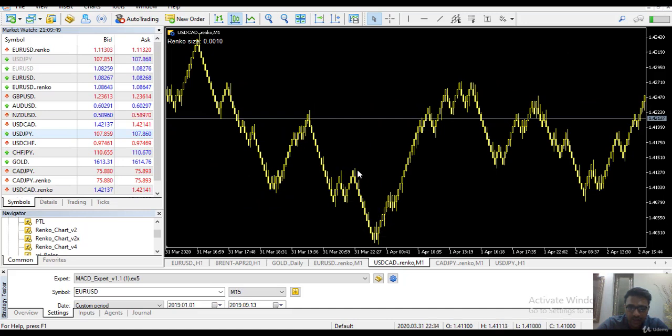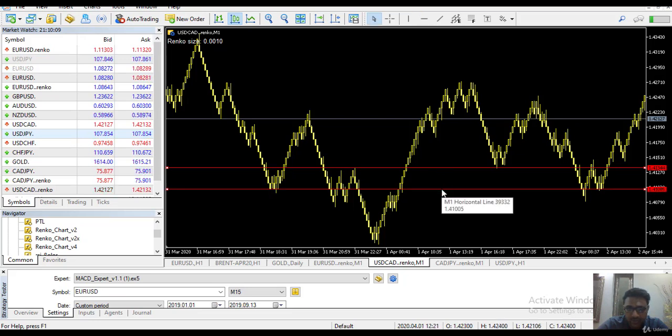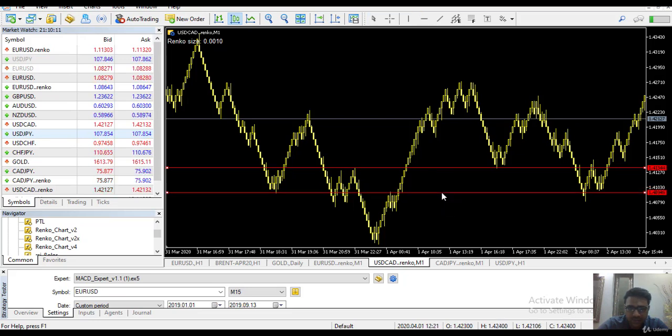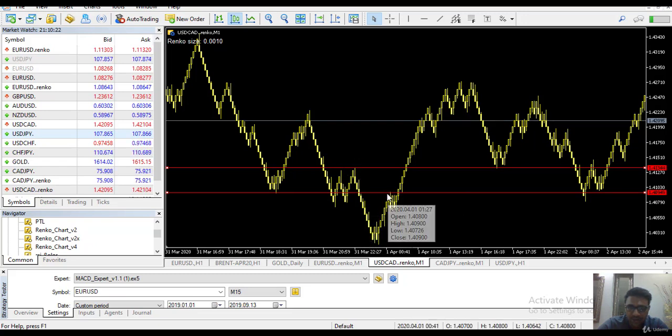a great reaction from here, right? This area, we can count this area. The upper range is this area, and the lower range you can count as this area as well, right? Anywhere from this area. So you can see this area had been a little bit in a range area. It reacted to this area, went up and broke it out, and then when it came back to this area,